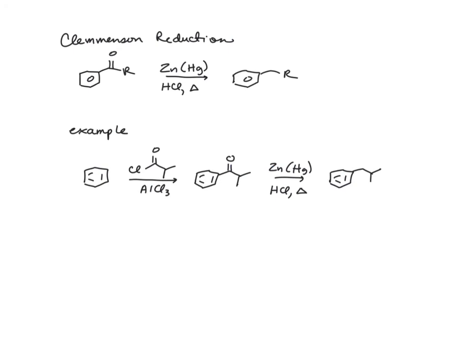If you get a ketone that's at the benzylic position, you can undergo a reaction called the Clemmensen reduction. And that's a reaction where we take a zinc-mercury amalgam and hydrochloric acid and heat it. And what this does is removes this carbonyl carbon so that we have 2 hydrogen atoms in its place. An example is shown